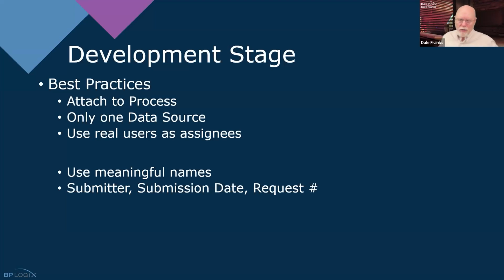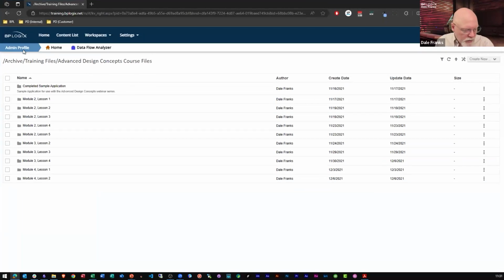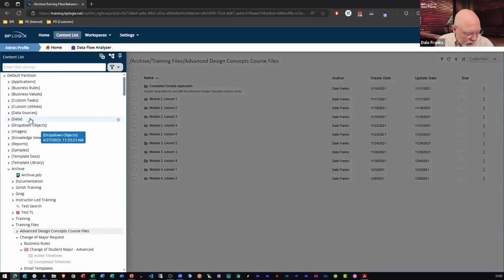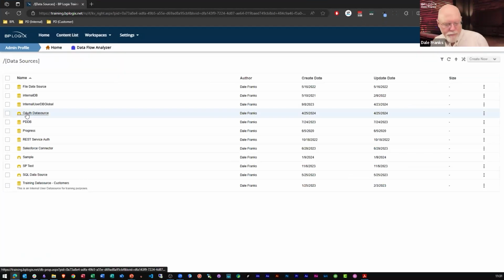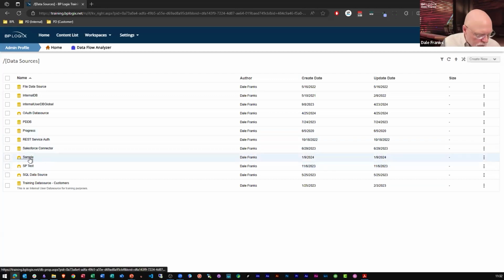As I said earlier, use only one data source per database connection. No reason to, but I also said there was an exception. I never talked about that exception. There are cases where I don't want to give everybody access to everything in a data source. So I have several different data sources. Most of them are all internal user data sources.